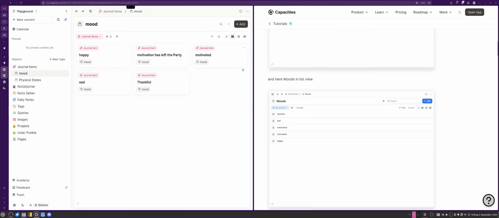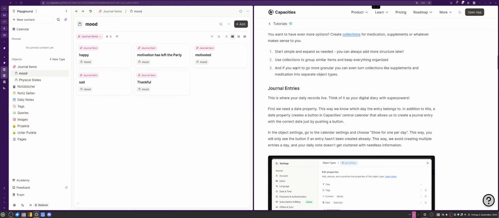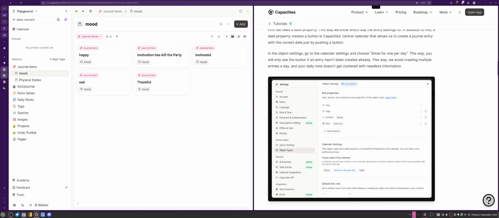Alright, so we have these two with collections, and if you want to go more granular, you can even turn collections like supplements and medication into separate object types. So if you wanted to, we're gonna leave that out because we don't have that much. So now